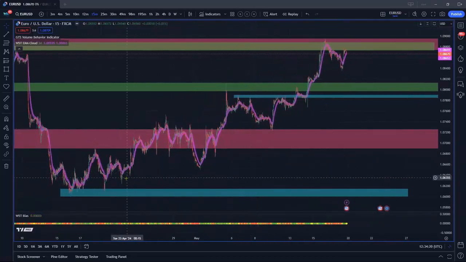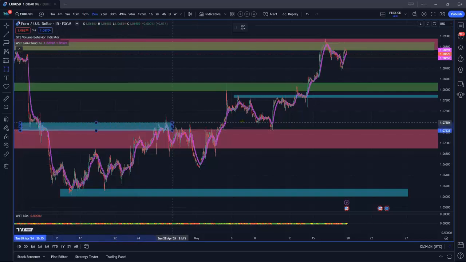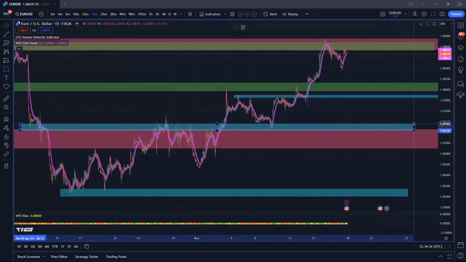Do we have any in and around this 60-minute zone? Let's have a look. We do. I think really we had major pivots on the 60, but we do have some other pivots that we really need to take notice of on the 15. And I'm just going to draw that on and then discuss. So we have